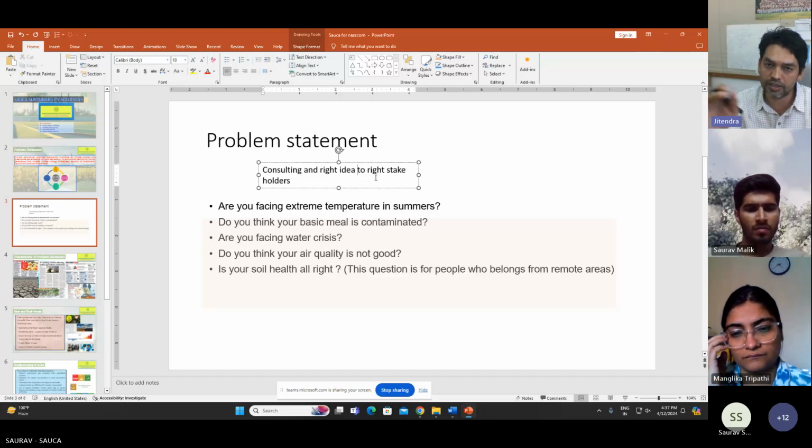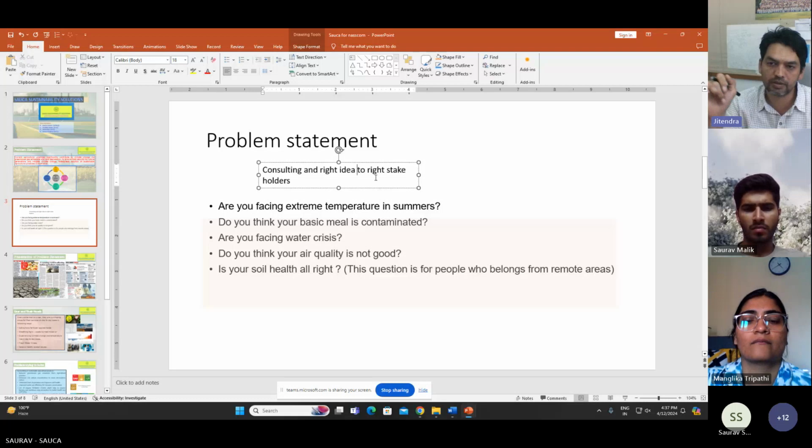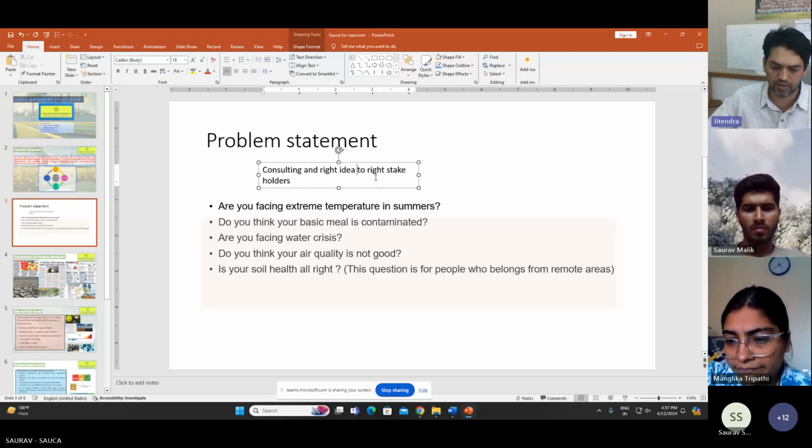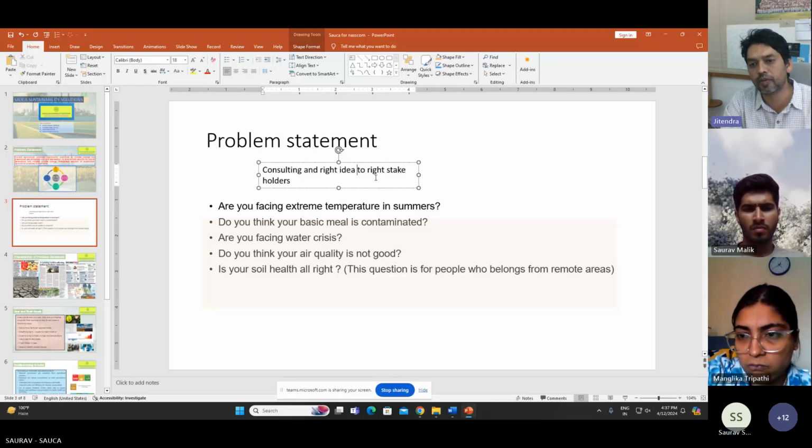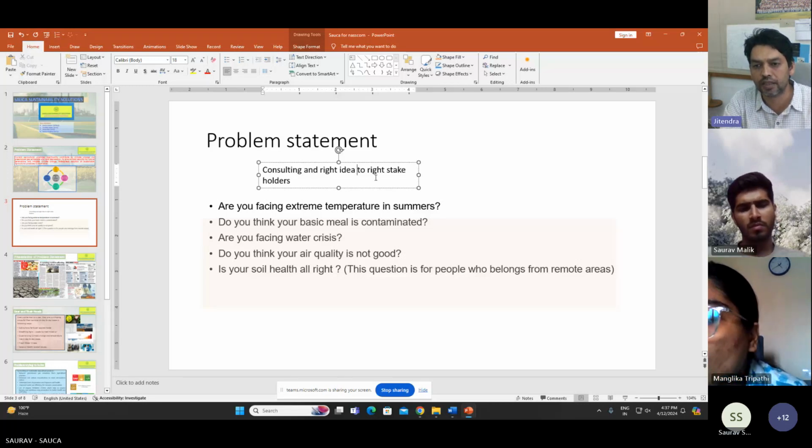There is an article, you can just type this. I'm not very sure of the title, but it's "India's farming problem is dash: there are too many farmers." I read this article some months back. Okay, sir, I will try to find it and read it. So just look for such types of articles. There are too many farmers in the country.